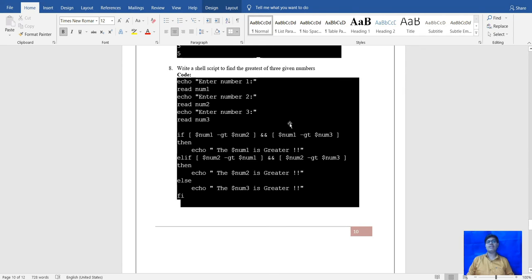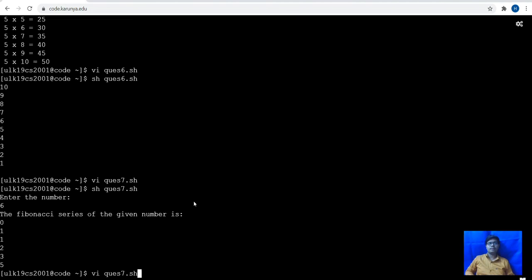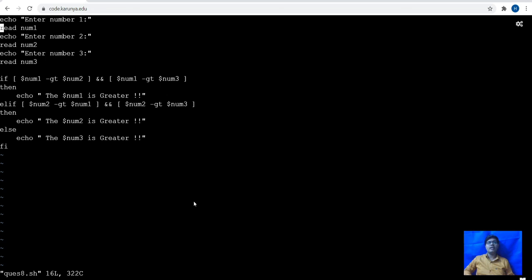After that, when we go to the next question, write a shell script to find the greatest of three numbers. For this, we will go to the code, and this is the eighth question. For that, we will need three inputs: enter the number 1, enter the number 2, enter the number 3.